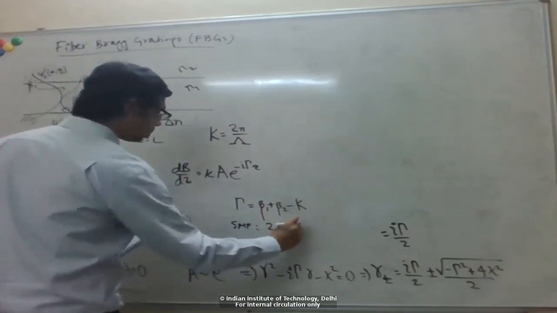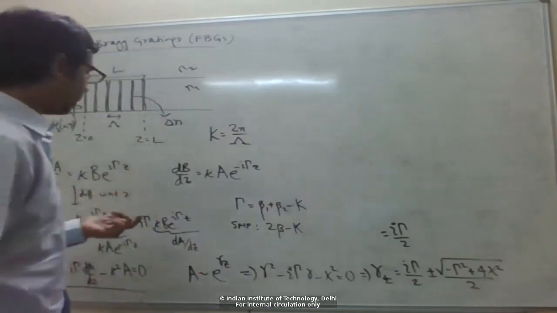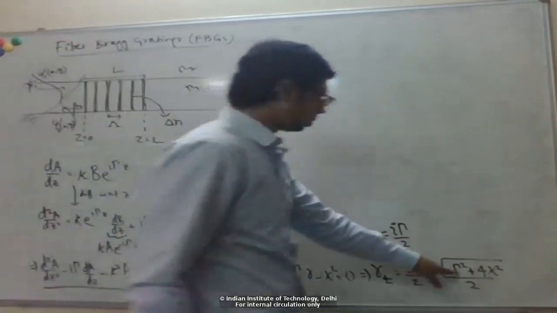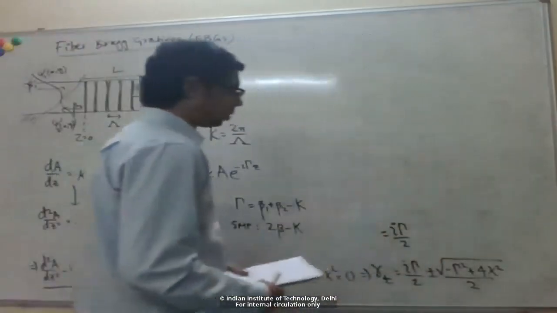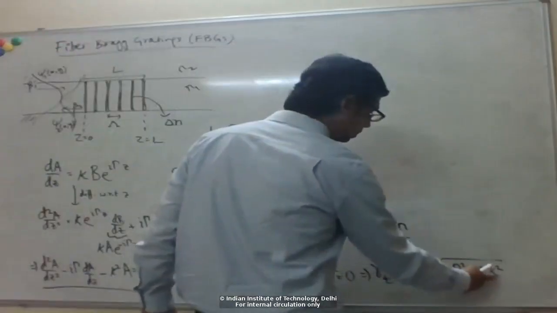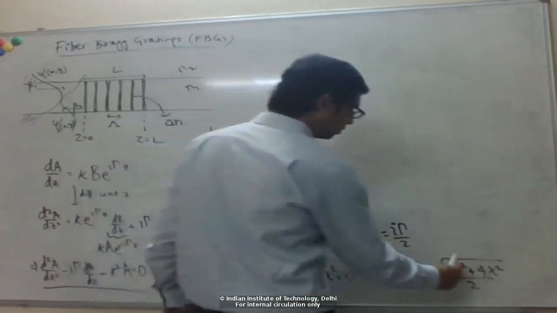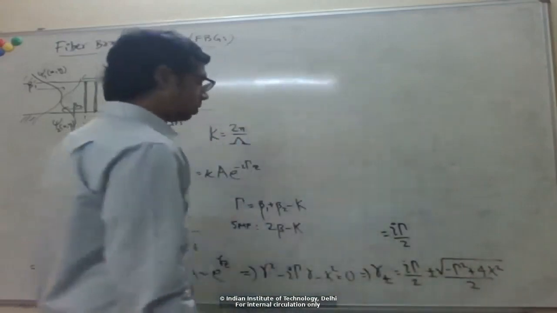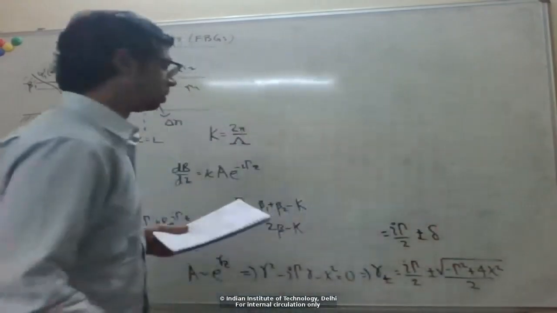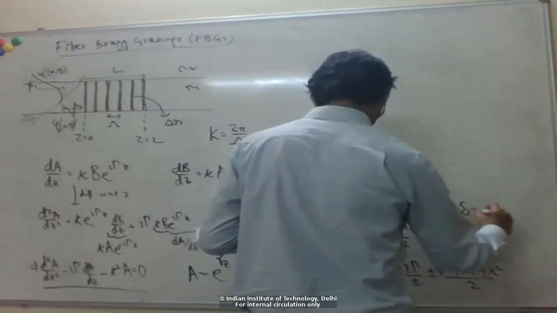And the Bragg condition is when this is equal to 0. So we'll be looking at wavelengths which are close to the Bragg condition. So this gamma will be close to 0, some small number. So this quantity will be real. So 4 kappa square, we are looking at wavelengths for which gamma is close to 0. So here this quantity is real, which we denote by small delta. So small delta is